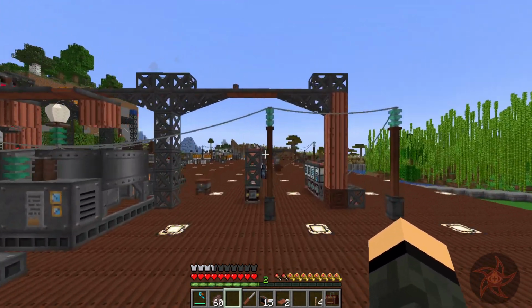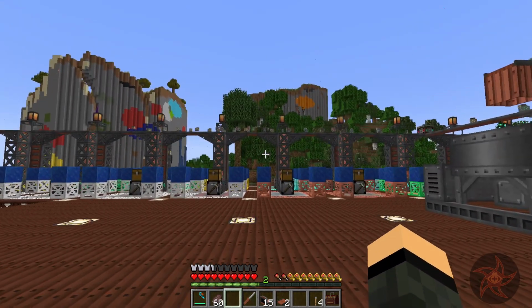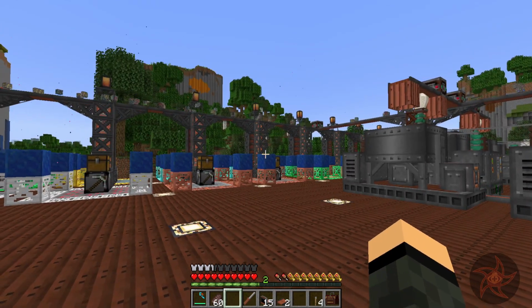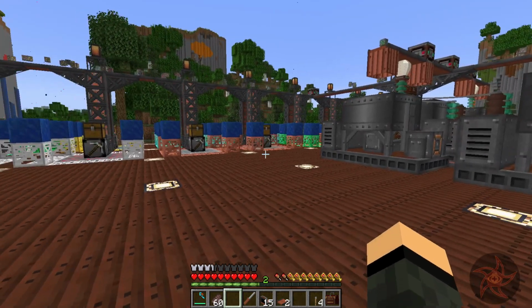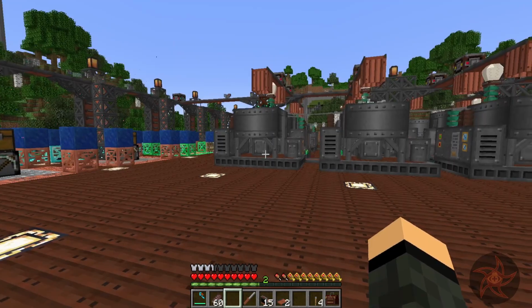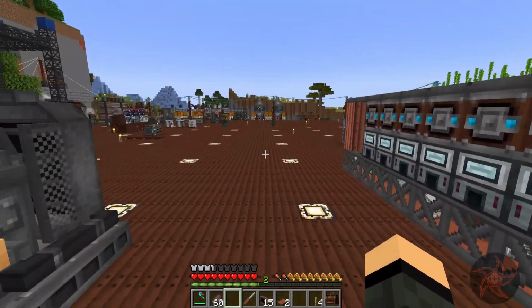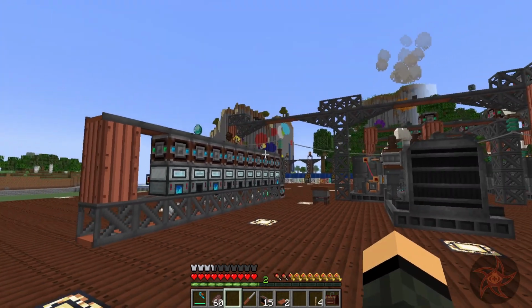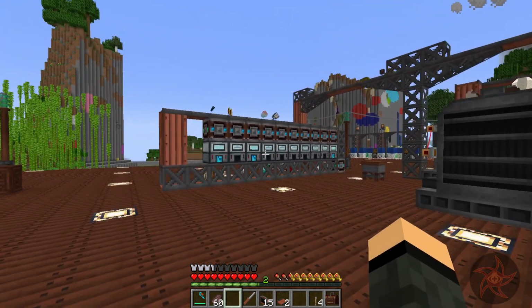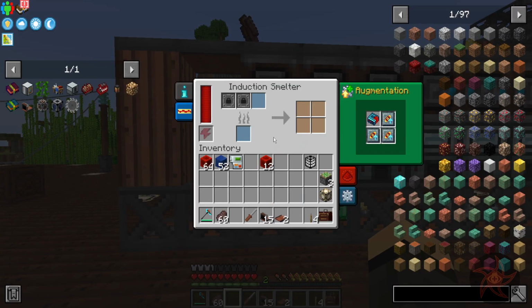Item transportation in this mod pack is kind of limited. I mean, we don't have the pipes mod, we don't have Pretty Pipes, we don't have XNet, we don't have Integrated Dynamics. What are some other big item transportation mods? Yeah, those are kind of the big ones, aren't they? I mean, there are other mods that have their own item pipes and whatnot, but hey, yeah, this one's